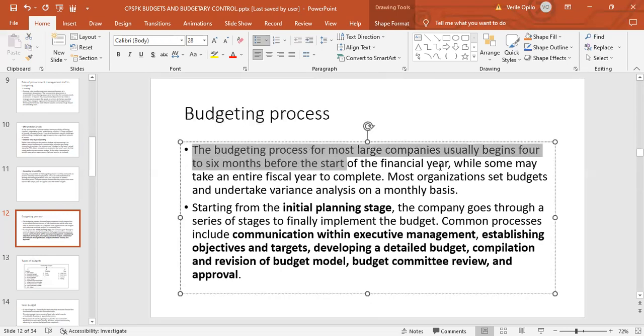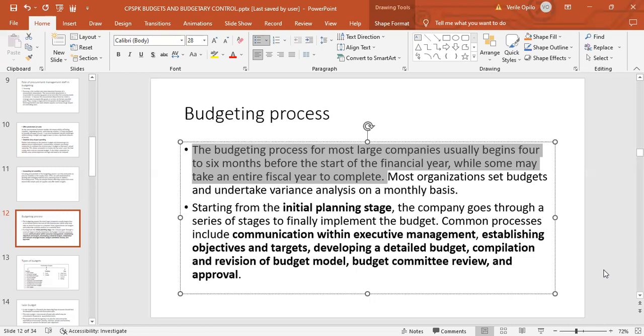So you'll find that the budget process usually happens before the financial year begins. Especially for the large companies, it usually begins about 4 to 6 months before the beginning of the financial year, for example, the budget for the year 2023. So its development is going to start around September or October of the previous year, if your financial year is going to begin in January. That way you can estimate what costs we are expecting in terms of materials, overheads, and labor, so that you have ample time to get all the detailed information, come up with a detailed budget, and take it for review by the budget committee